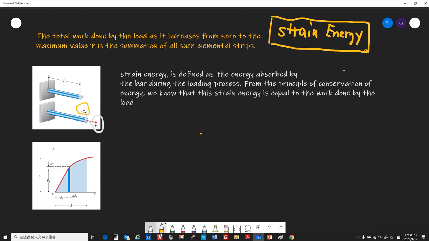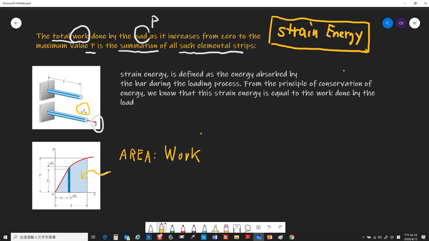So under the force and the deformation, the total work done by the load P as increased from 0 to the maximum value P is the summation of all such element strips. That means the area is a kind of work done